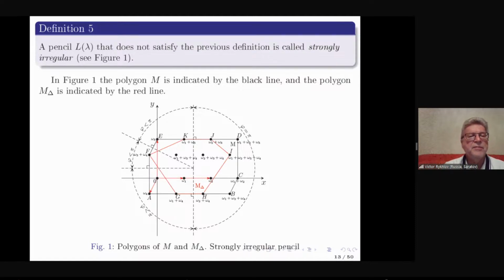Definition 5. A pencil L of lambda that does not satisfy the previous definition is called strongly irregular. See figure 1. In figure 1, the polygon M is indicated by the black line, and the polygon M delta is indicated by the red line, and the perpendiculars are